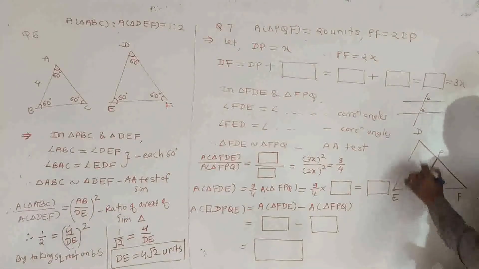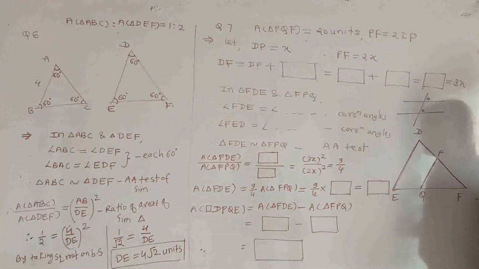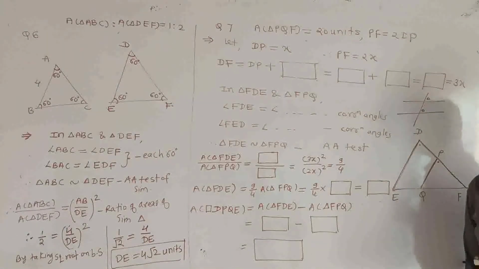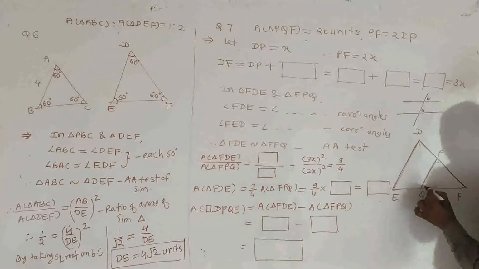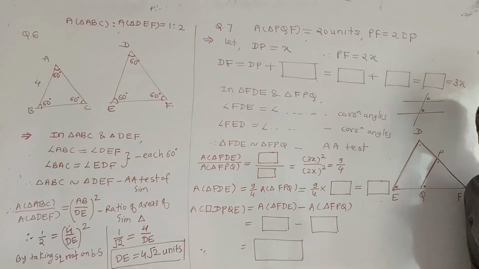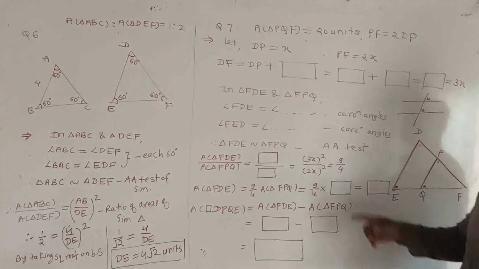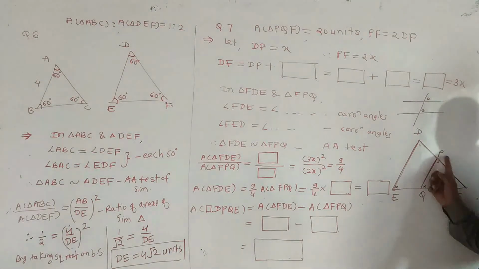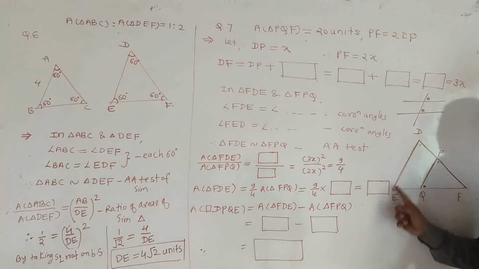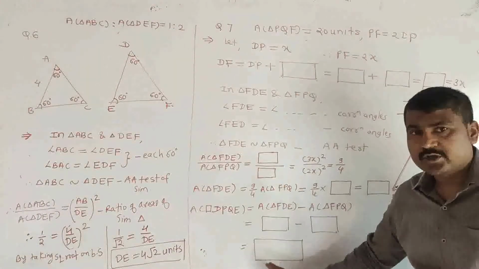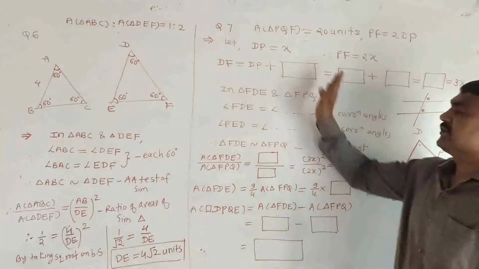This side and this side are parallel, given here. So obviously this angle and this angle are the same. Which angles are these? Corresponding angles. Also this angle and this angle are the same. Which theorem is applied? Obviously the corresponding angle test is applied. So in the given problem, the first triangle is FPQ, the second triangle is DEF. Two triangles are given there, and all this activity is already given here. So just check the activity.